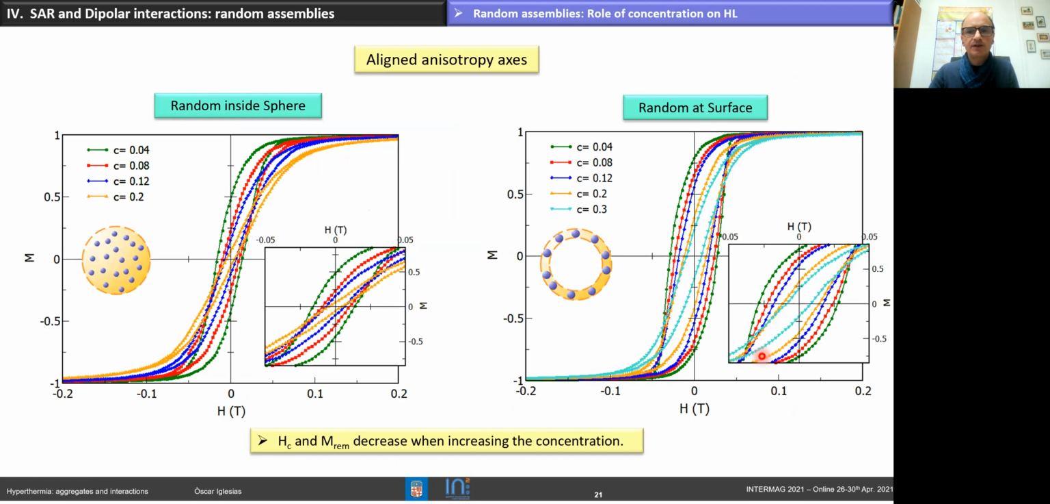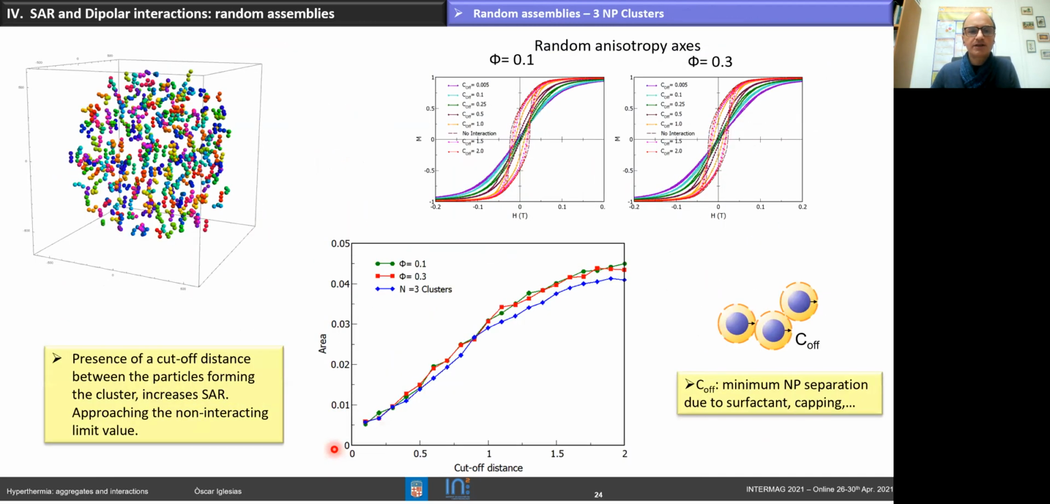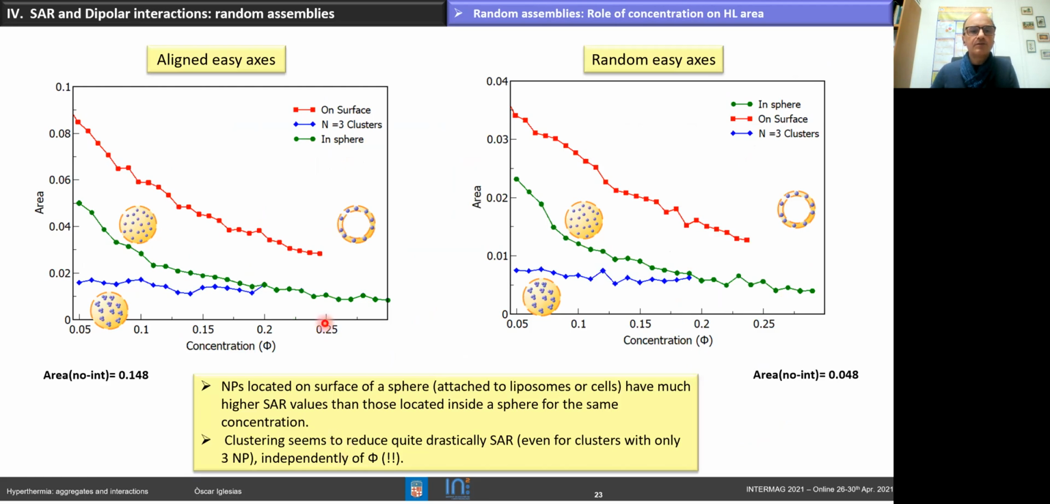You can see here typical hysteresis loops for the aligned case, and what we see is that in any of the cases, when increasing the concentration, of course, the coercive field and remanence decrease, and therefore the hysteresis loop area decreases. But when we compare the hysteresis loop area of particles deposited on the surface of a sphere, inside the sphere at random, or the clusters, what